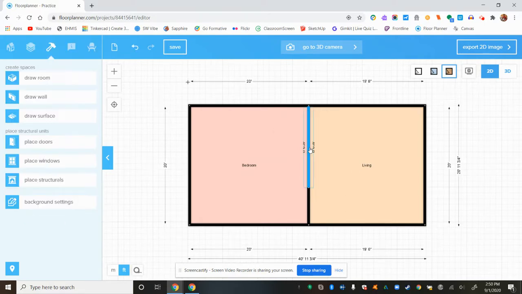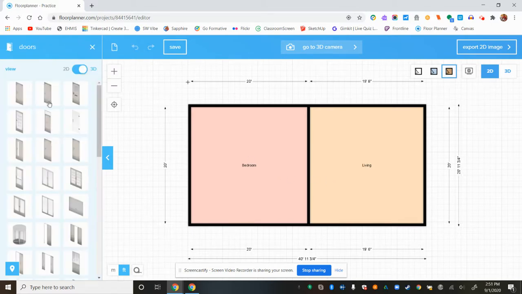Get rid of this. To delete it, you just click on it and press delete. It's pretty simple. So let me get a door back in here. I'm going to place that guy right here. And usually what people try to do is, for the most part, they try to take a door and put